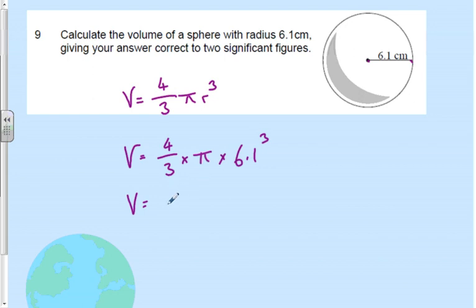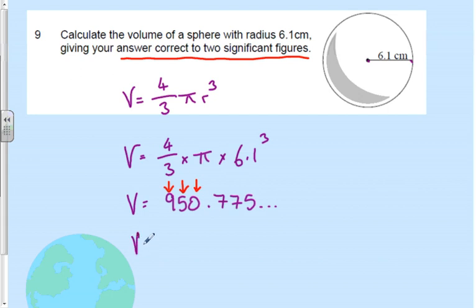Now, our calculator gives us then the answer 950.775 and carries on, because pi is irrational, so we are going to carry on. Now, our question asked us specifically for an answer correct to 2 significant figures, which means we need to look at the first significant figure and the second significant figure, and then we need to consider the third. Okay? So our volume then is going to be